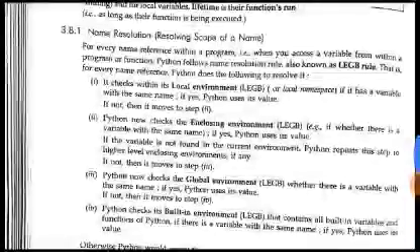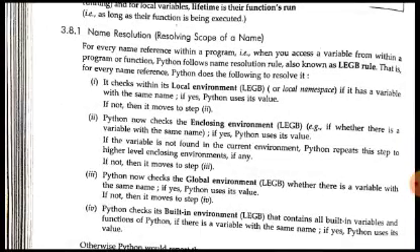Now we come back to the topic. The first rule is that it checks within the local environment, or local namespace. It will check whether that variable has been created in the local function in which it is defined. If it has been created in the local environment, then it will use the value defined for the variable there. If it has a variable with the same name, Python will use its value. If not, it moves to step 2.